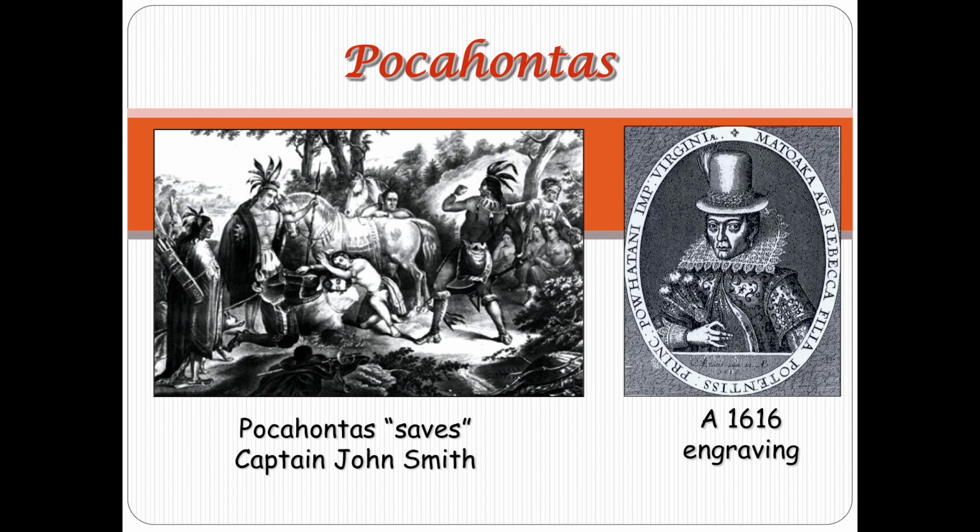John Smith puts up a famous sign where he says, "He who will not work will not eat." So he put everybody finally to work to fortify the fort and clean up their living conditions, and then food started to come in. By 1608, another ship with about 120 new settlers arrives, but John Smith is sick and he'll have to leave. And then by 1609, another ship will arrive, this time with over 500 colonists.